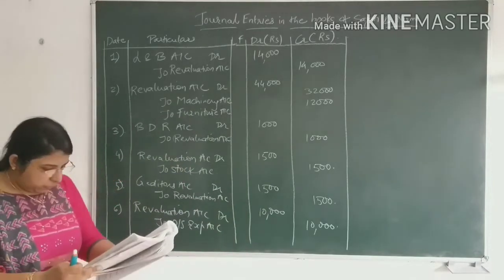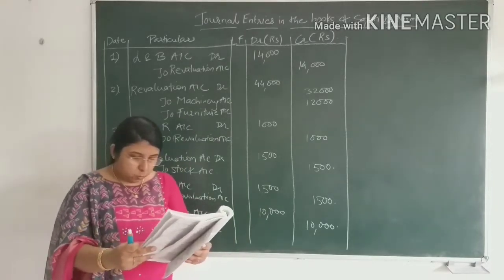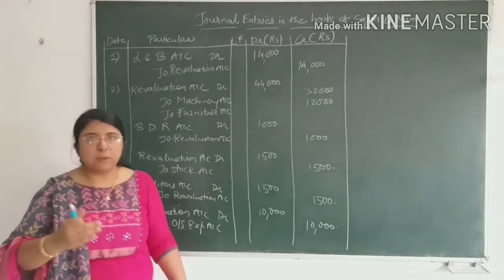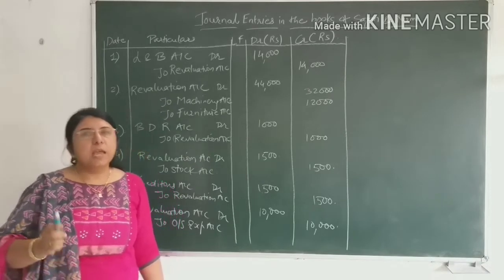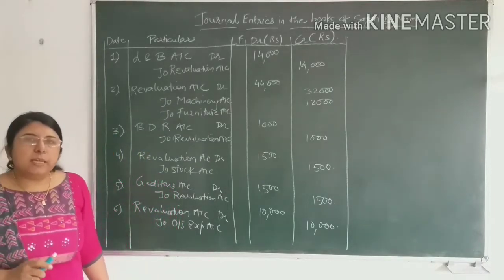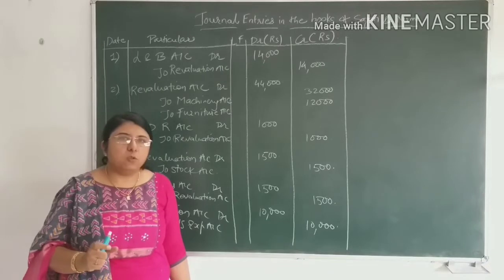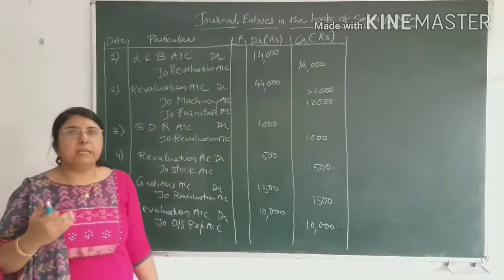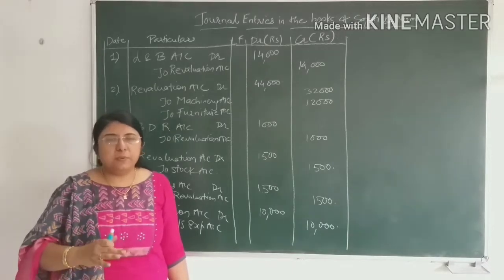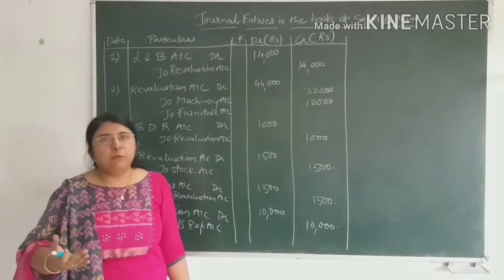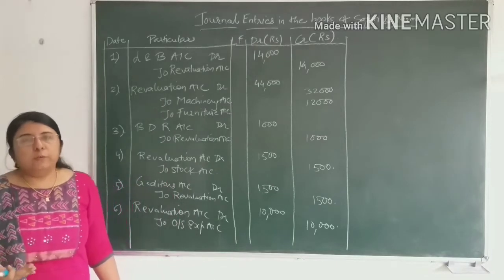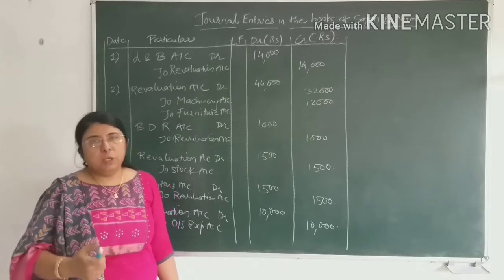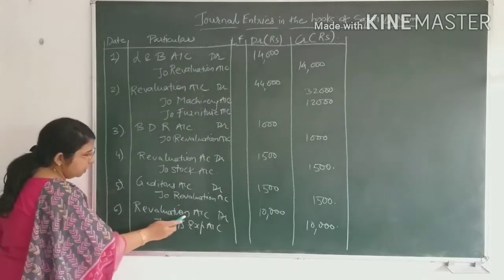Now the next entry, that is outstanding expense is rupees 10,000 and income receivable is rupees 2,000. We have to give separate journal entries for outstanding expense and income receivable. Outstanding expense, we already understood the concept of outstanding expense in standard 11. That is the expense that is to be paid in the future. It means at present we have not paid that liability. In future that liability would occur. So it would increase the burden on the firm. So it will create loss for the firm. Because of that, revaluation account will be debited.